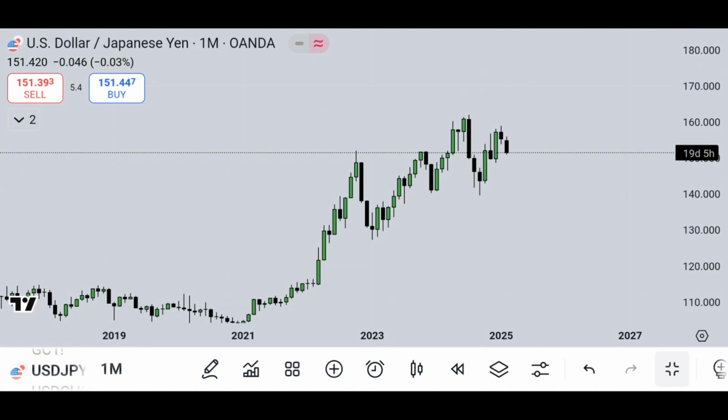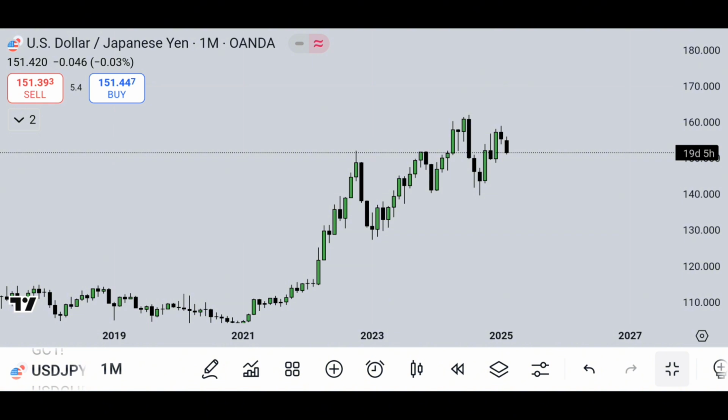And we hope we all know that this chart hasn't changed much from the recent breakdown. So I'm going to paste that video, from which I was breaking down this USD